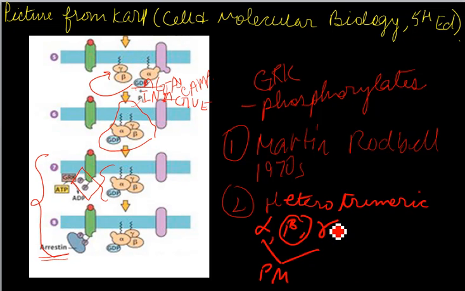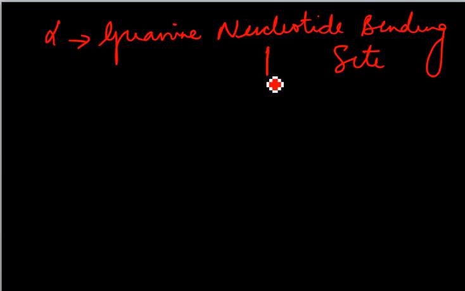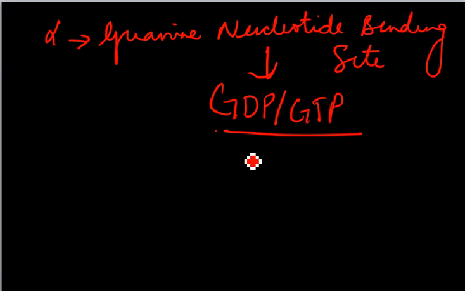And yes, it is the alpha subunit that has the guanine nucleotide binding site. So let me just write that here. Guanine nucleotide binding site. And this is the site where GDP or GTP are bound. Okay? So that's all about the general working of the G protein coupled receptor and the few little points that